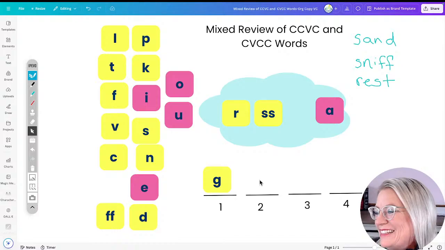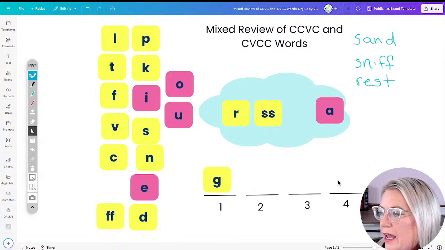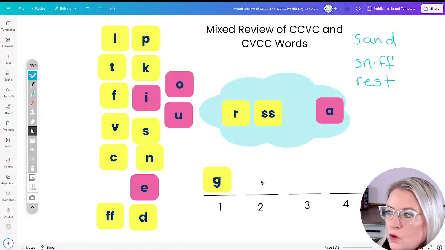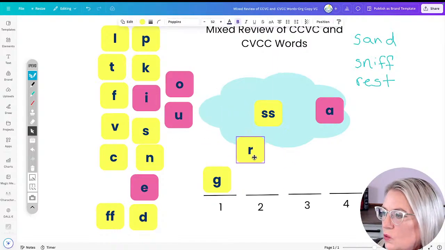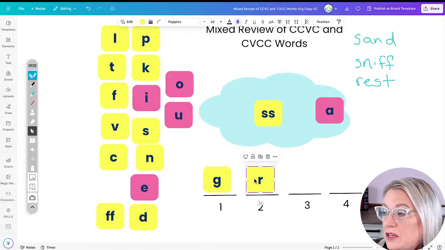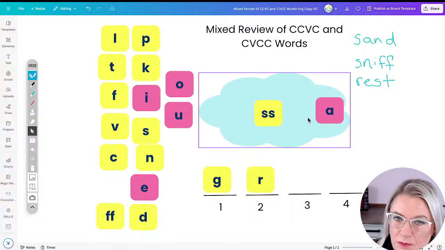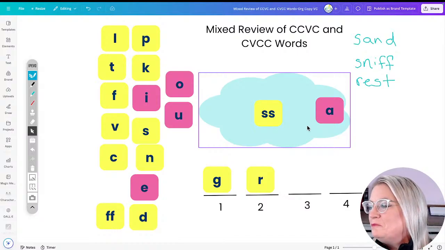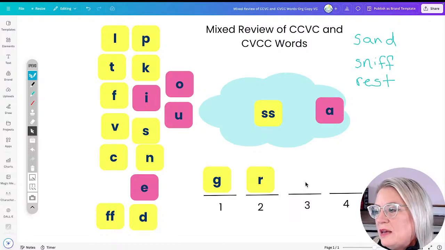All right, next up, we're going to listen here for the next sound in grass. Grass, indicating to listen right here. And what sound did we hear? R. So we'll grab that one and then pull it on in. R. Of course, if they don't know all the sounds of these letters, you would go through and ask which one of these is the correct sound picture for R. And then move it in. And then we give them another place to listen. What sound is happening here in